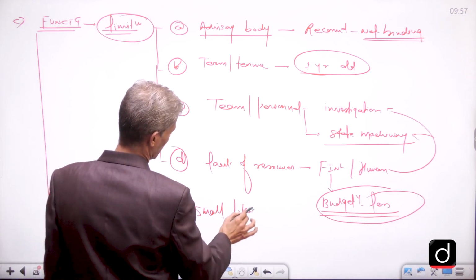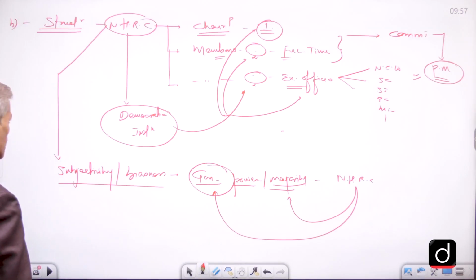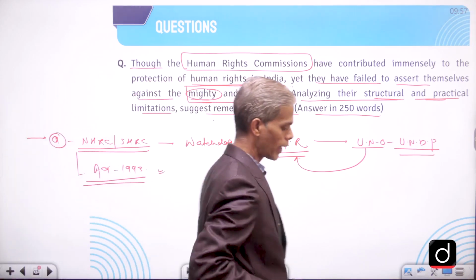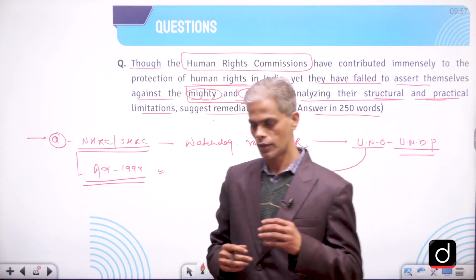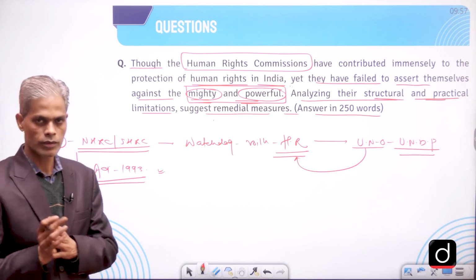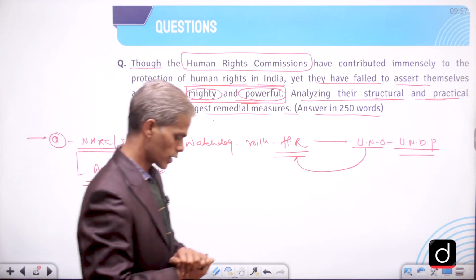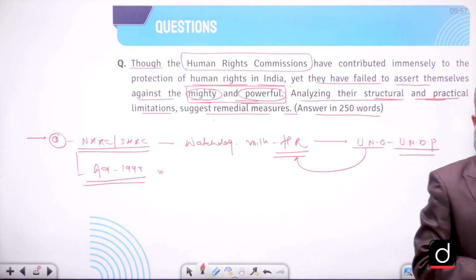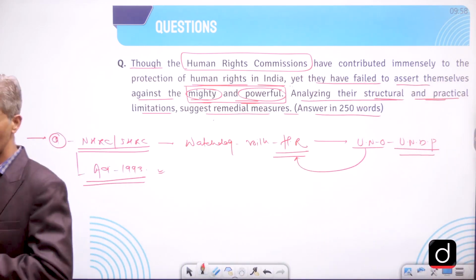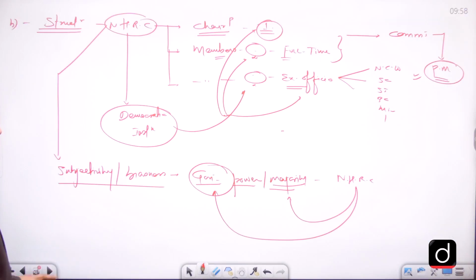When we say small players, that means not against the rich or the powerful, and this is what the question is asking, that here against the mighty and the powerful. So mighty and the powerful, the rich people, the influential people, the political people, for them it is difficult to trap them because of those structural deficiencies. But otherwise, for the smaller people, they have done a couple of good things in the past, no doubt about it. But when the question comes for these powerful people and mighty people, they failed miserably because of those structural deficiencies, or the structural, we can say,